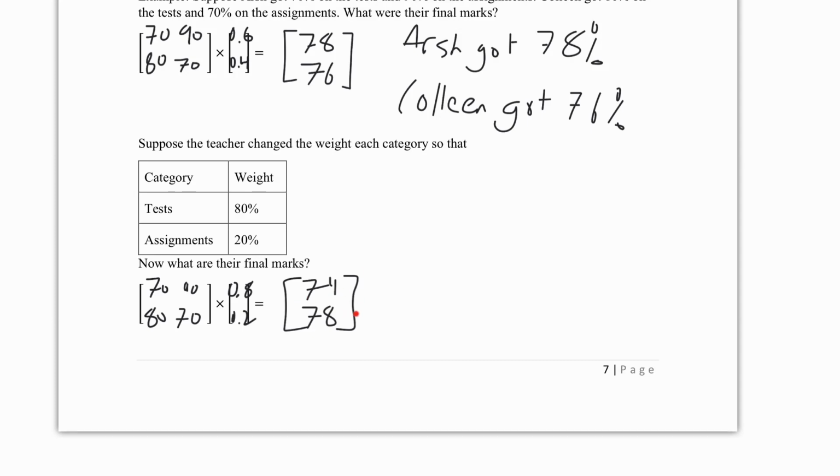What do you think about these new marks? Does this feel fair? Well, I mean, I guess if you're Colleen, you're pretty happy. But does it feel right that the teacher can change their final marks just by tweaking the weightings over here? Hopefully you feel like this is a little bit unfair, a little bit unjust. And in fact, in university courses, the weighting is set out at the beginning of the course, and it can't be changed. The weighting is agreed to at the beginning of the course, it's in your course outline, and it can't be changed randomly throughout the course to avoid something like this,